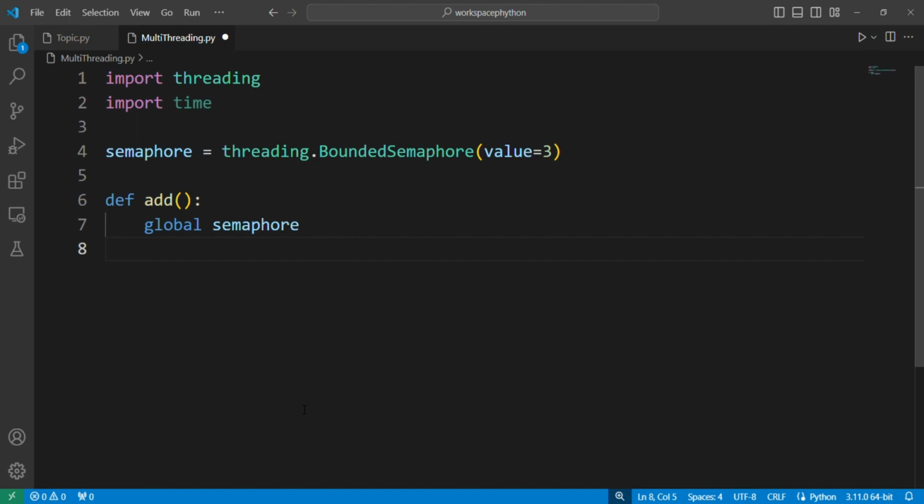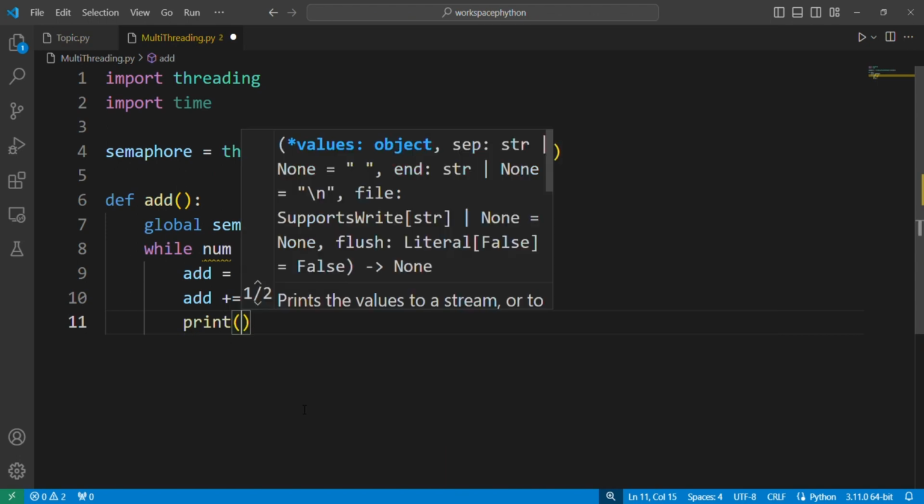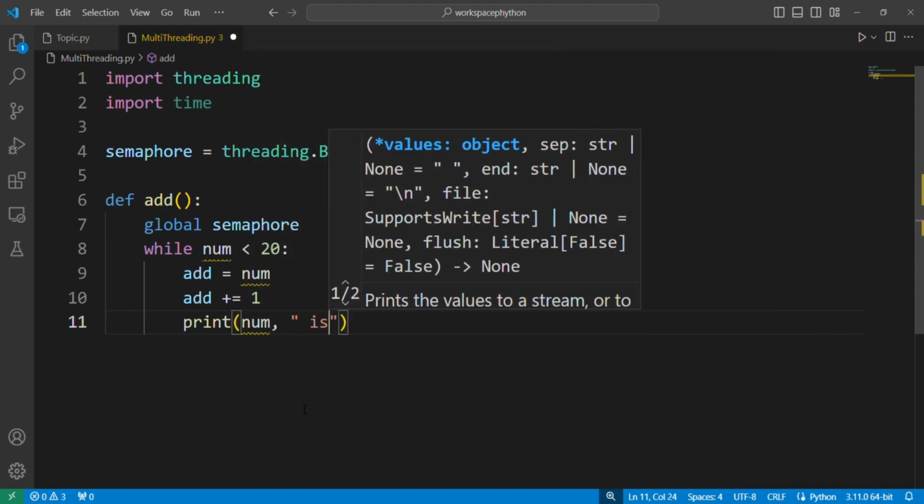And now I can just have my while loop, which is basically gonna check the values and everything. So I'm just gonna take a number, which I'm gonna be defining soon, and while number is less than 20, it's basically gonna add. So first I'm gonna add this number, and I just wanna store it in a different variable because I don't wanna affect my output. So now I'm gonna print the number, which is num, and then also say is processing,